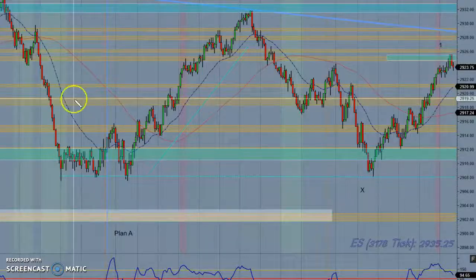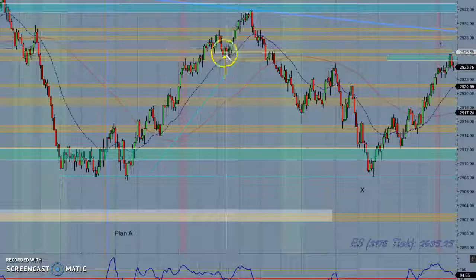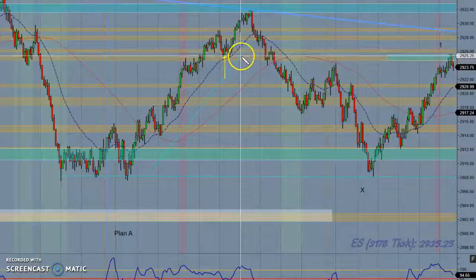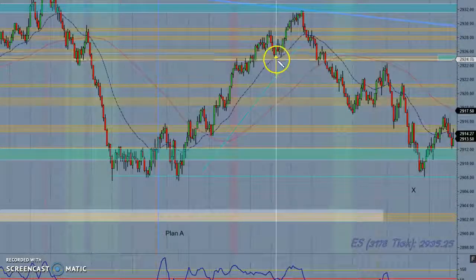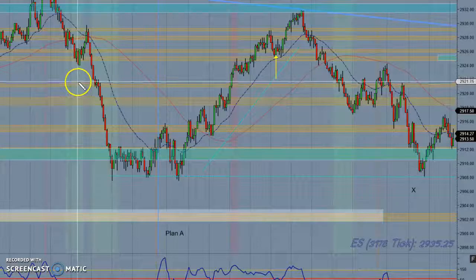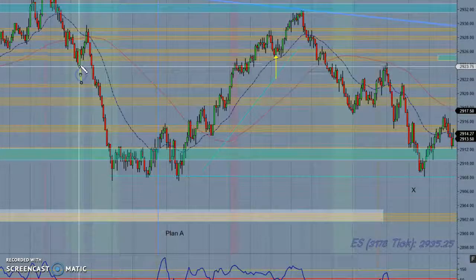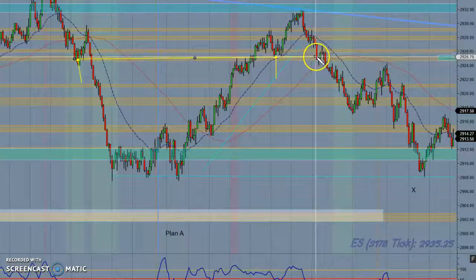Support. Auction level. Look, it could be off a tick or two ticks. But here's the thing, you got another support right here. When that thing held, look,